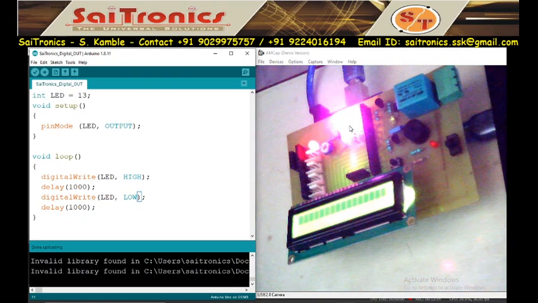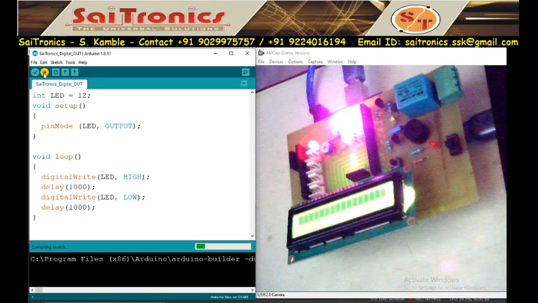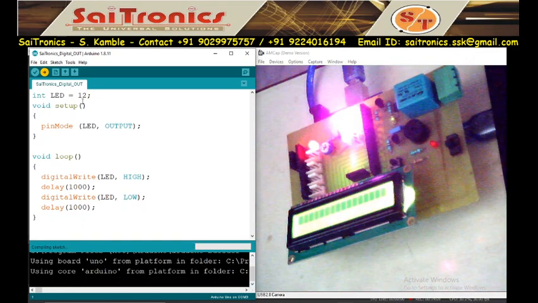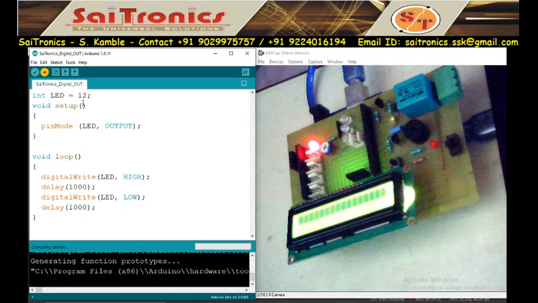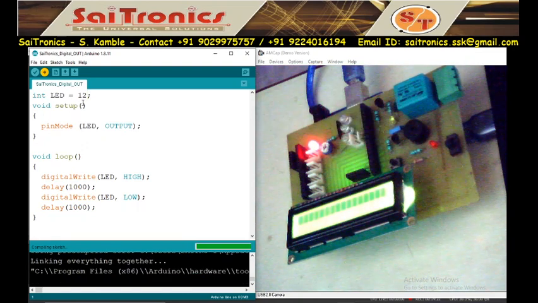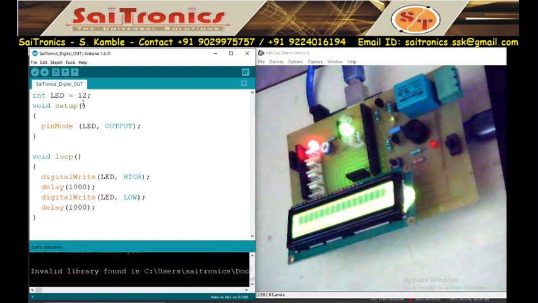So this is my first practical, LED blinking at pin number 13. Now pin number 12 is my green LED. So I will change the pin from 13 to 12. Again it is compiling. After compiling, your program will be loaded into the IC. Now see, we are not using any programmer. Arduino has an inbuilt programmer, so no need to use an external programmer. Now uploading, and see the green LED is on and off.